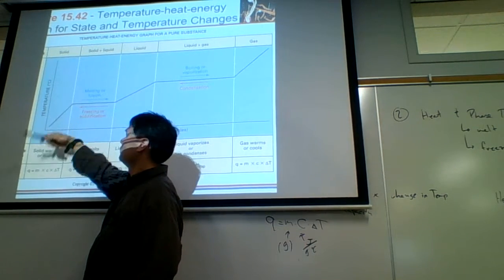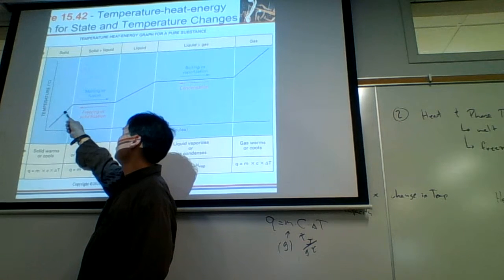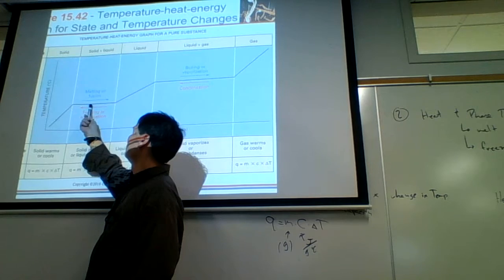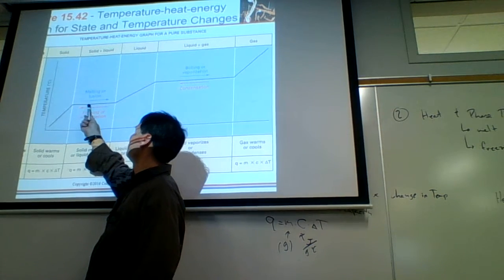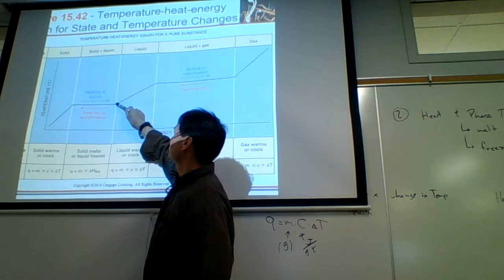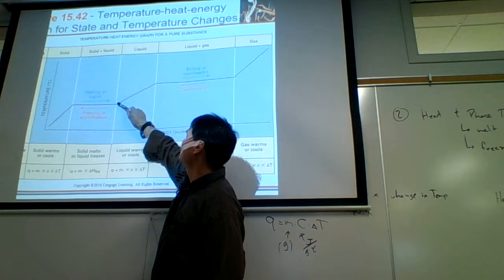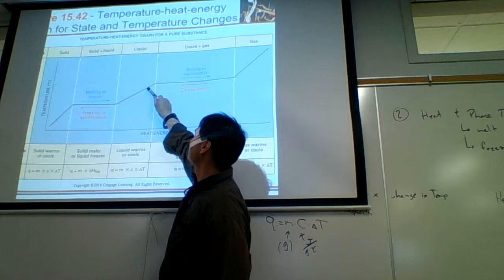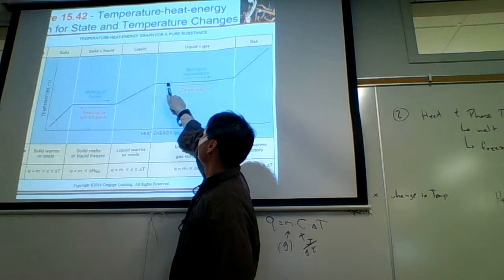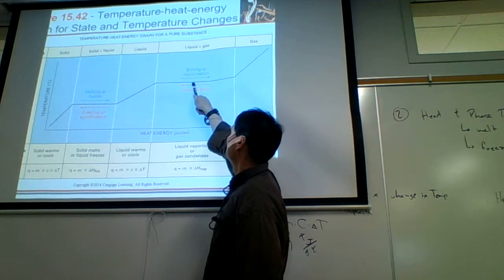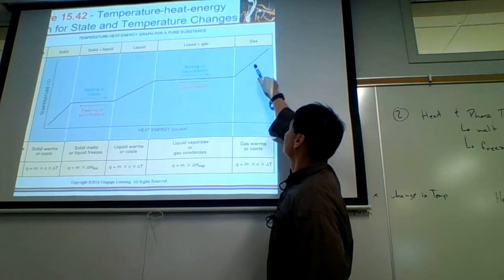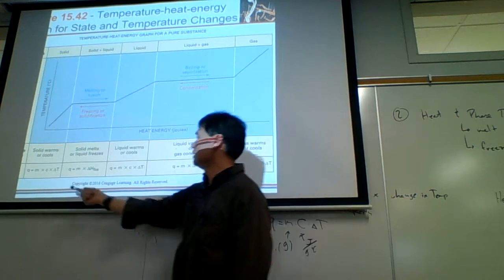And so here, this is it. Object warms. We use the equation Q equals mc delta T. And then there's a phase transition, melting. So we use the equation Q is equal to the amount times delta H. And then once we have liquid water, that's an object, liquid water warms. We use Q equals mc delta T. And then once we hit the boiling point, then there's a phase change. So we use Q is equal to amount times delta H. And then finally, Q is equal to mc delta T. That's what they have here